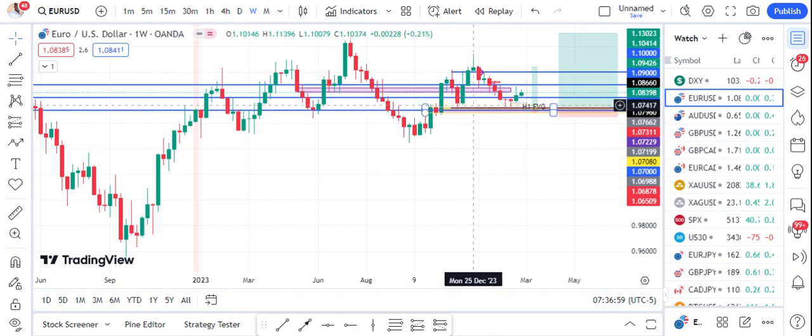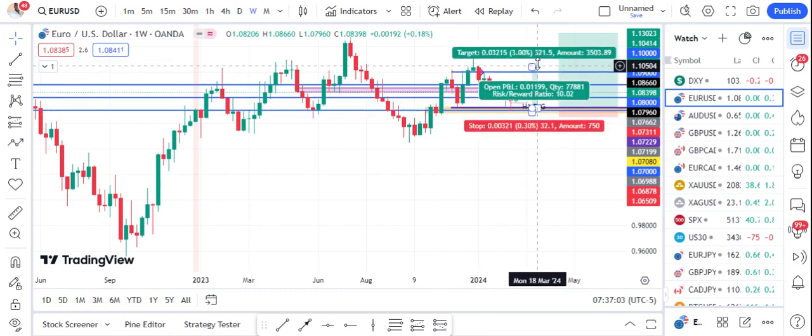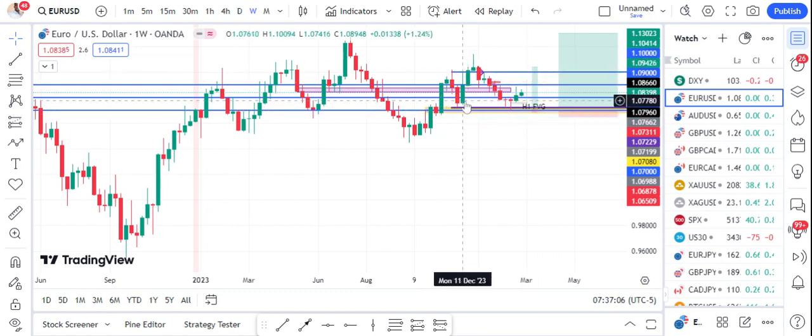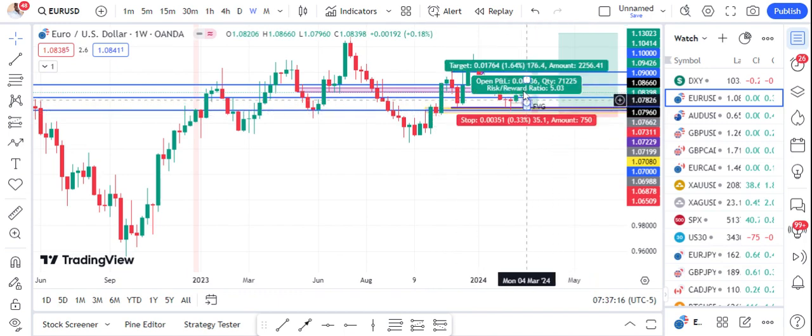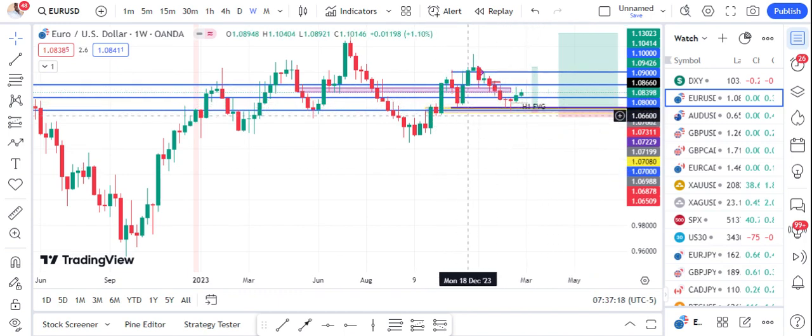Around November, December, I was expecting price to really tap into this order block, the body of the candle, and then rally up. But fortunately, it didn't happen. Price just rallied up without tapping deep into the zone I was expecting. I wasn't expecting that kind of run up, and I didn't take that advantage. So when price was returning, I knew that okay, my order block is still valid. Let's see what price does around there.